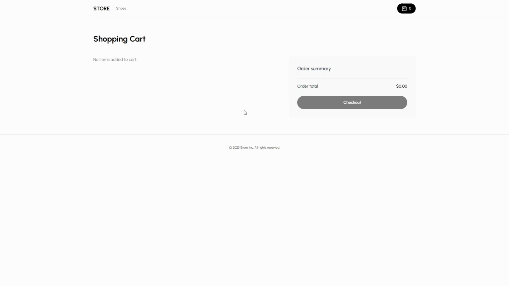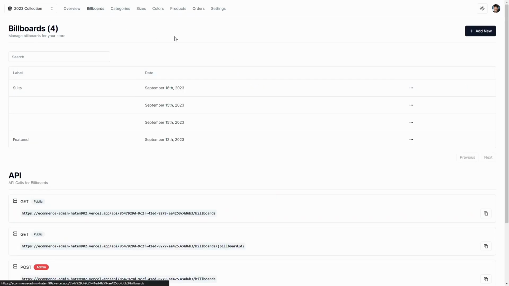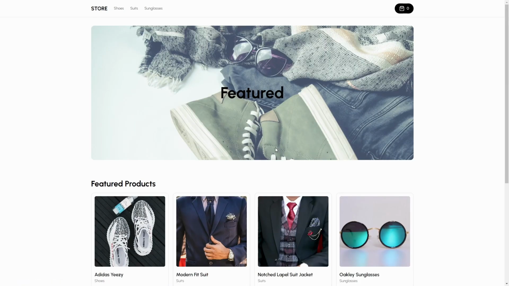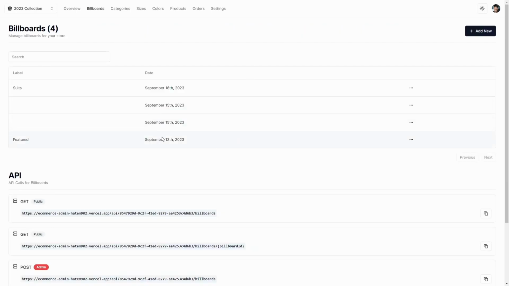Now we're going to demonstrate how easy it is to change our billboards. For example, let's go to billboards and let's go to our store homepage. Now let's change the homepage billboard. Here we find our featured billboard and we can click on details, then update,